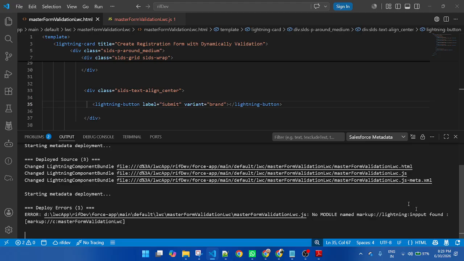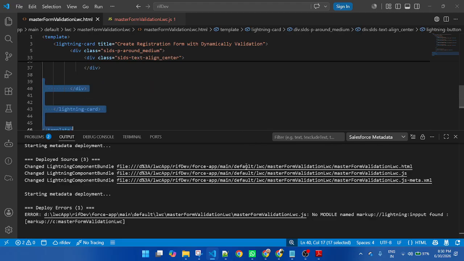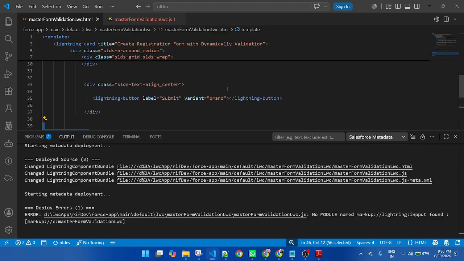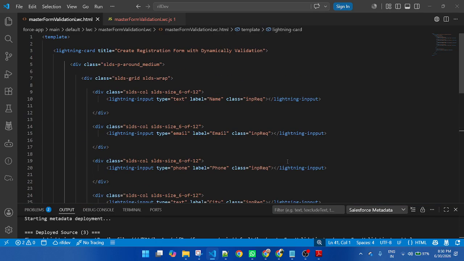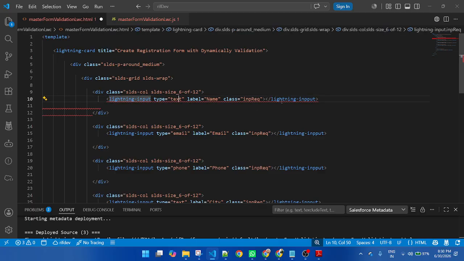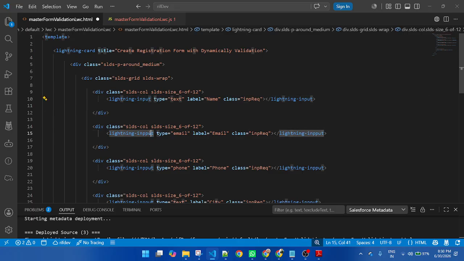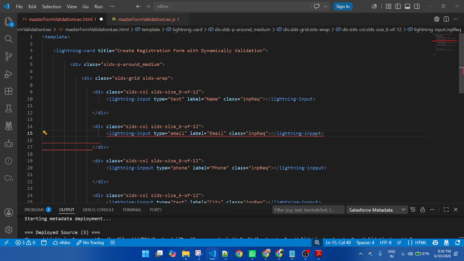IN double P. That means lightning-input is INPUT, not IN double P. So in the lightning input field I put a spelling mistake, a typo mistake. Okay. So now copy and similarly put it in all of these.